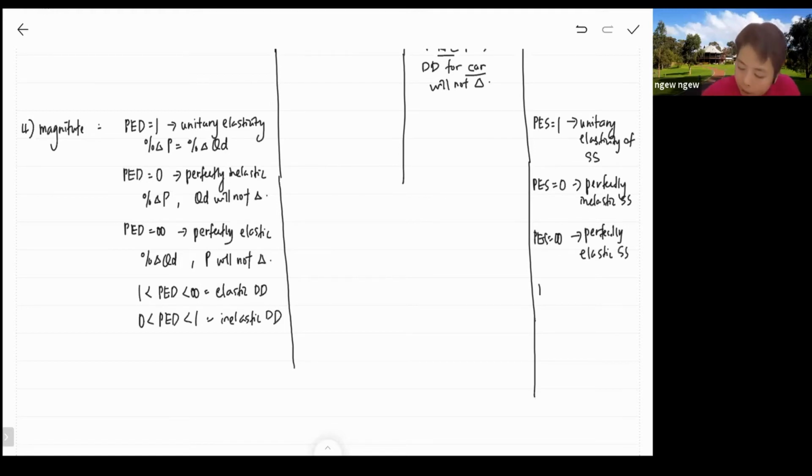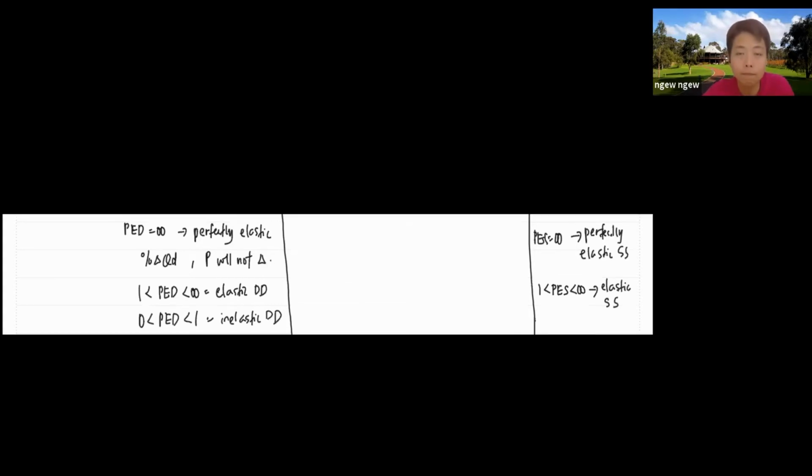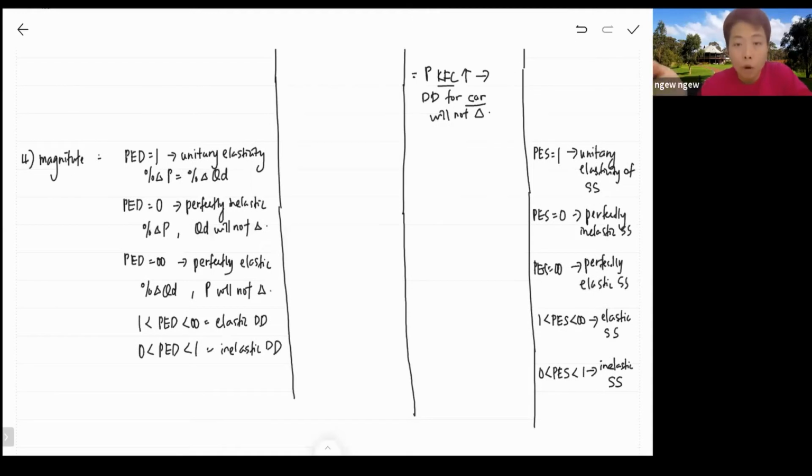Likewise, when PES is between 1 and infinity, this one we call elastic supply, when supply is responsive to changes in price. And likewise, when PES is between 0 and 1, we call it inelastic supply. Okay, that's the case for PED and PES. Now we move on to YED and XED. Okay, under the YED case,